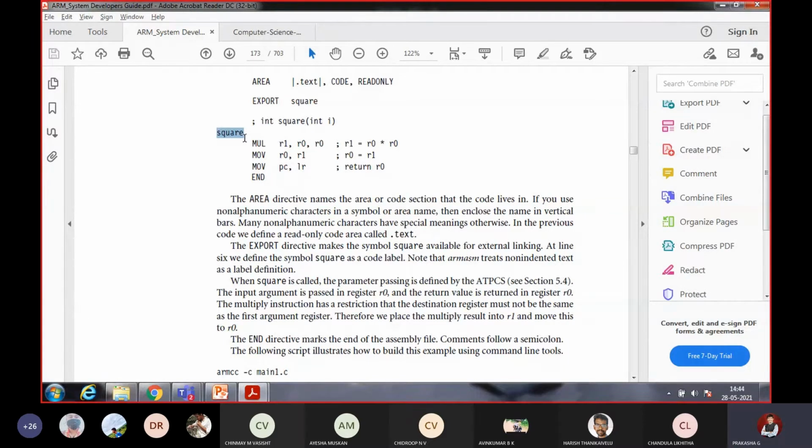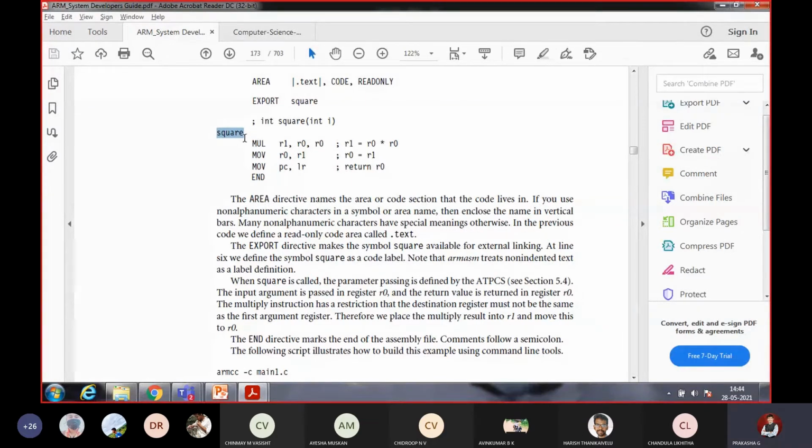The multiply instruction has a restriction that the destination register must not be the same as the first argument register. That is the problem with the multiply instruction. We cannot multiply and keep the value in the same register. This question was asked by some student, but that's not possible. So we multiply a register or two registers, and the destination register should be different.